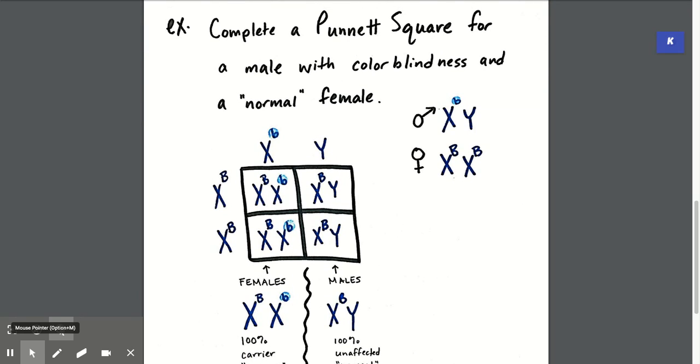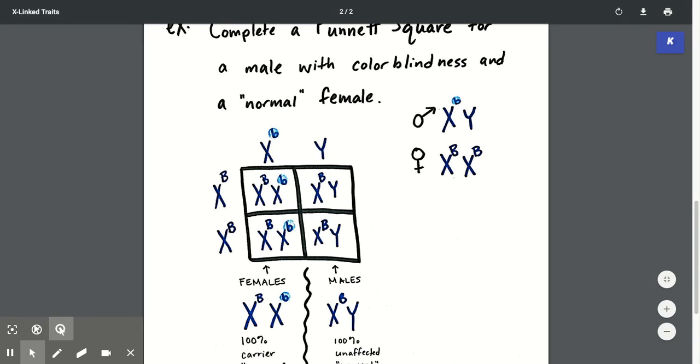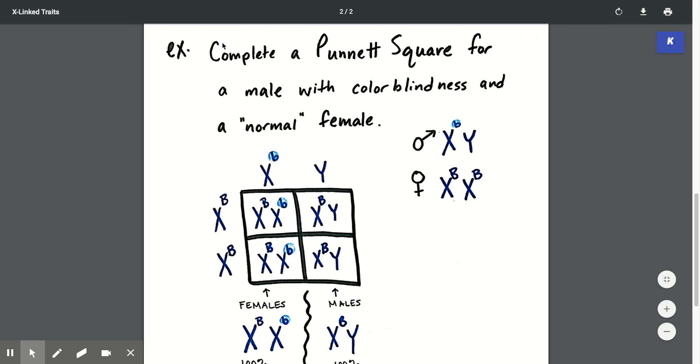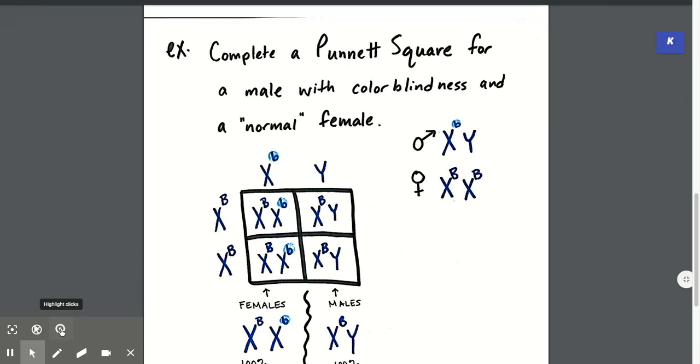Okay, and follow along with me as we go through. So this says at the top, it's an example problem. Complete a Punnett square. Complete a Punnett square for a male with color blindness and a normal female. See, my highlights came out a little bit better in this scanned copy, but here is my male, and this male has color blindness. I see that in the word problem. A male